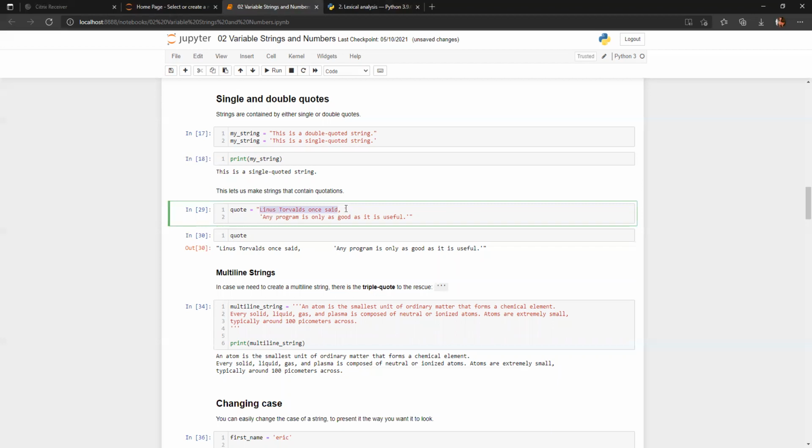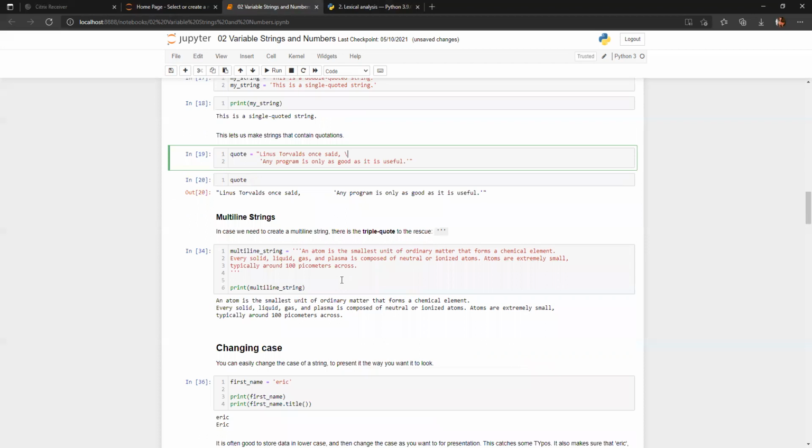Then a slash is given, and another line is written. Now if I run this, you can see there is a space between these two lines. So how is this happening? It is because of this forward slash.